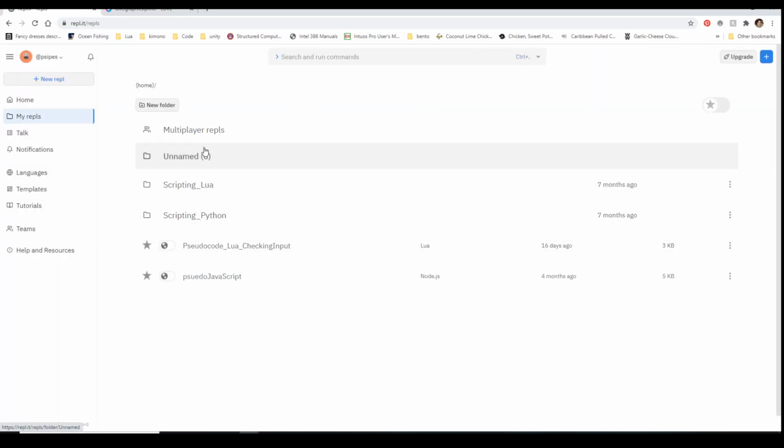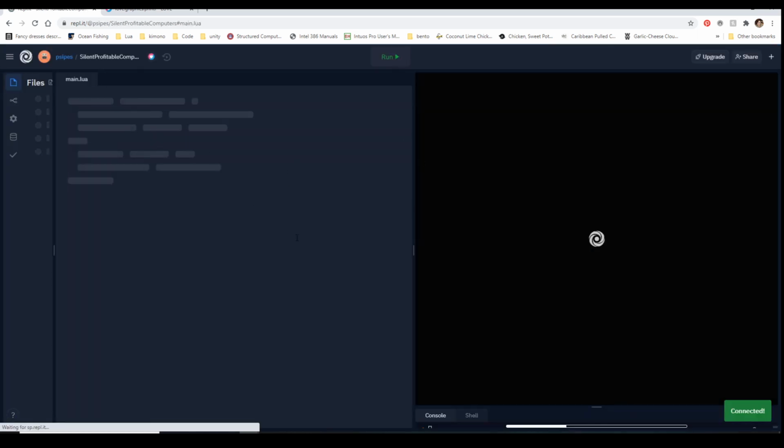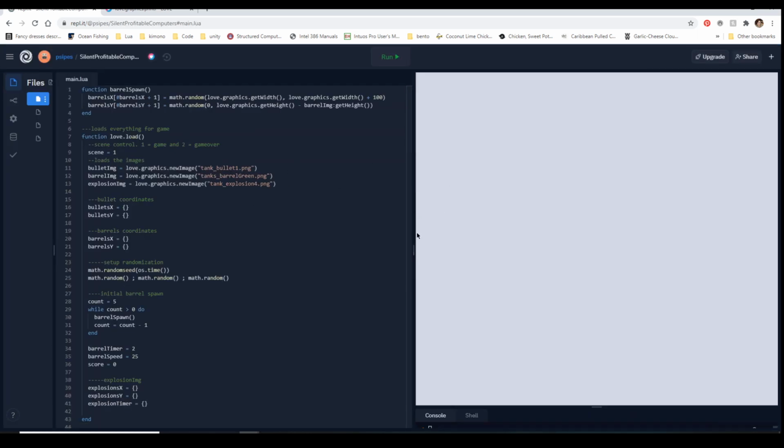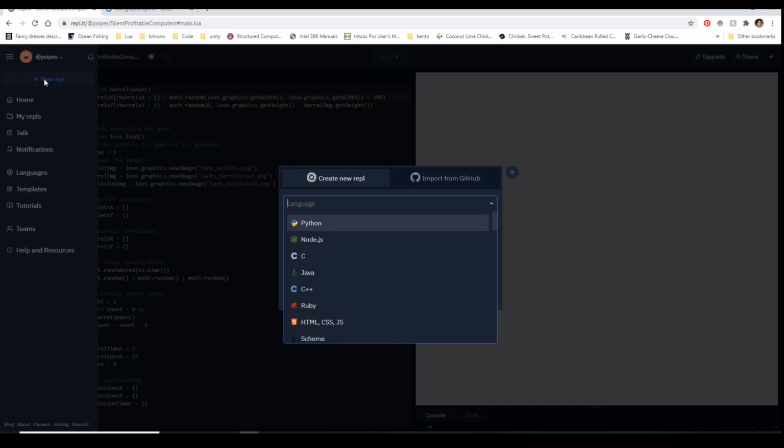So what we did here, where we had a random. When you want to get something, I can start a new REPL to show you. New REPL.